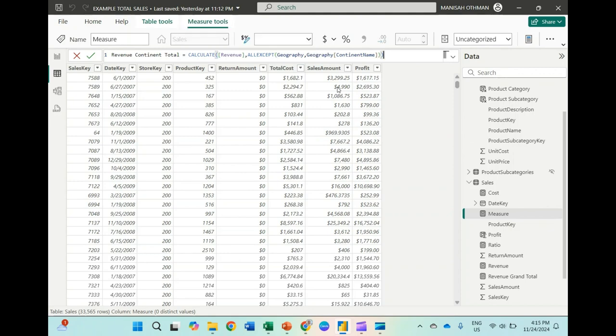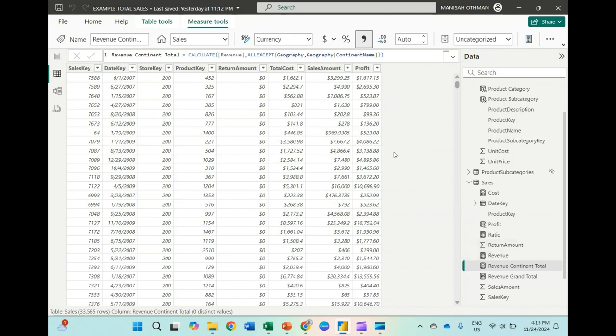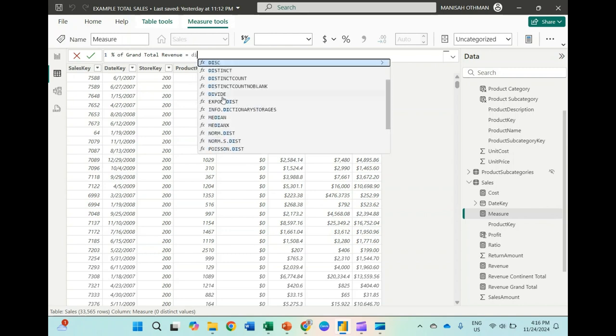Okay, close the bracket and enter. Okay, same formula as in Excel. Okay, so now you create another new measure, but I think it's easier in Power BI. Okay, alright, so now new measure, percentage. We want to calculate the percentage. Okay, percent of grand total revenue equals to divide.